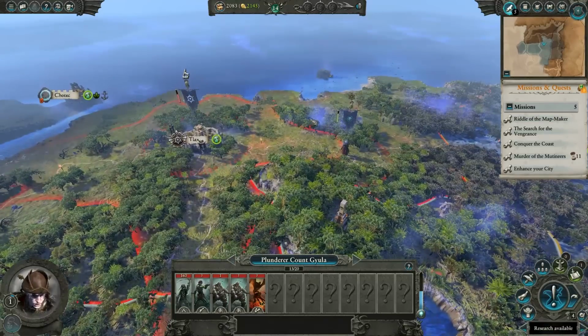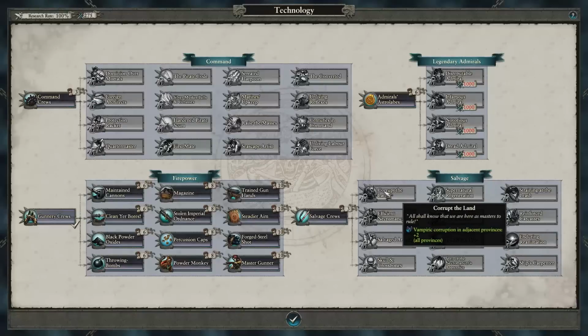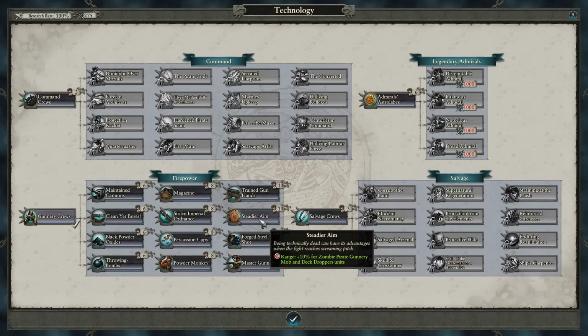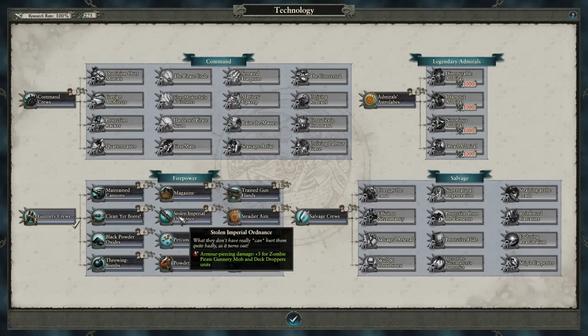Oof. Yeah, they're a little bit better equipped than I would like to face with my trash tier army. So we're going to let them come to us, especially considering they're fortified right there. I'm still liking all that gunpowder, so let's double down on what makes them good. I'm going to go steadier aim, and we ended up picking up Master Gunner here,